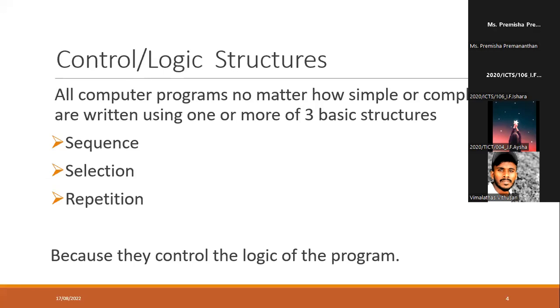Here, we have majorly three types of control structures: one is sequence structure, another is selection structure, and the last is repetition structure, right? These control structures control the logic of the program.